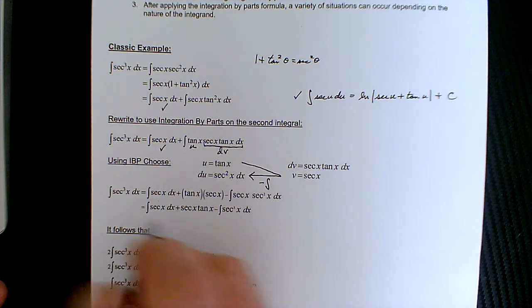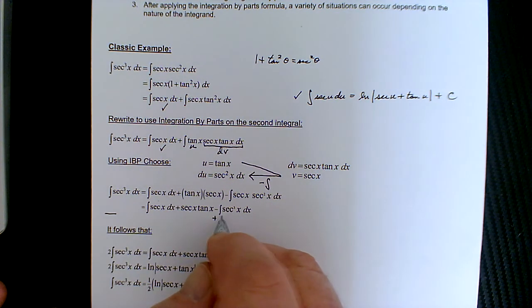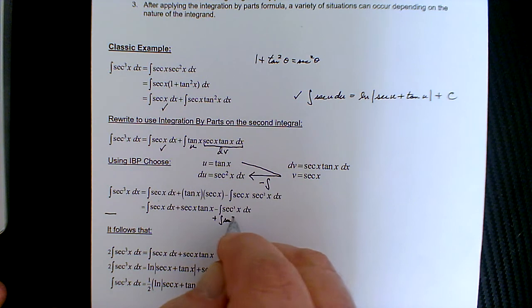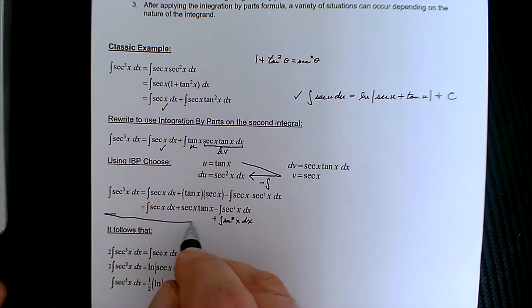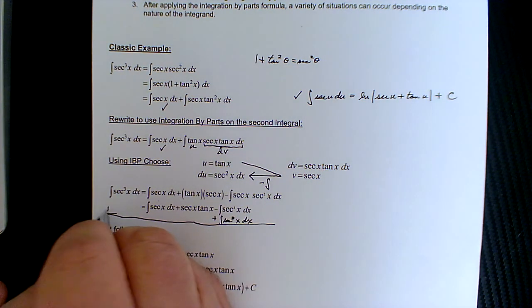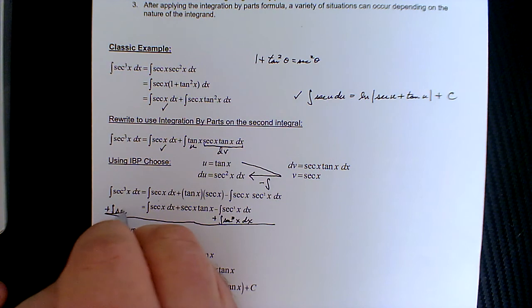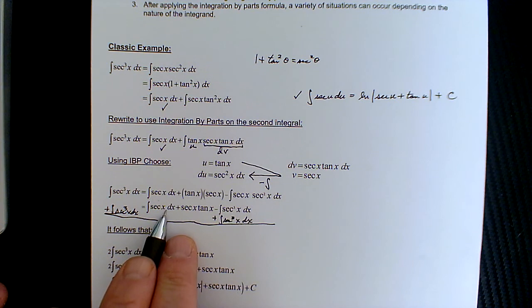So then what we did at that point is basically just added the integral of secant cubed of x with respect to x to both sides of the equation. So we're adding an integral of secant cubed x dx here. So we get two of them on the left. Then we've got that integral,